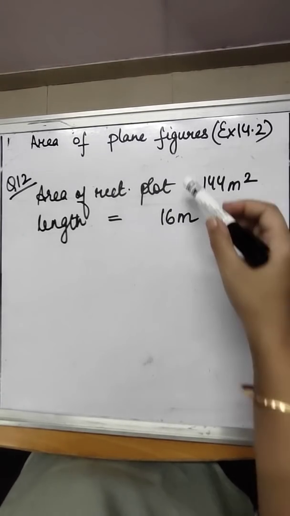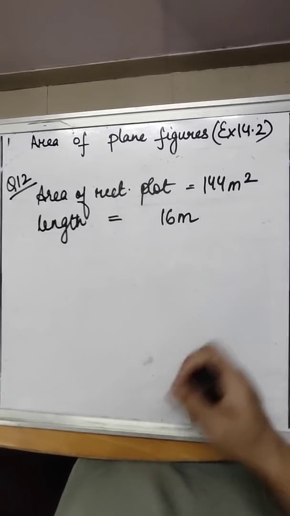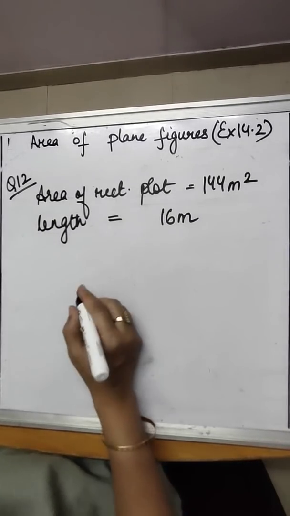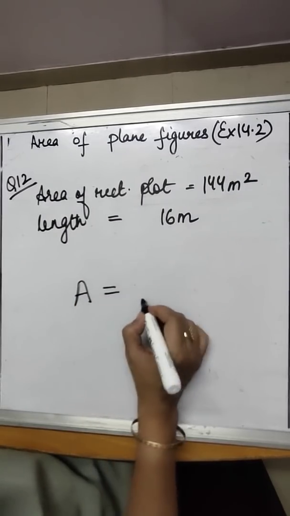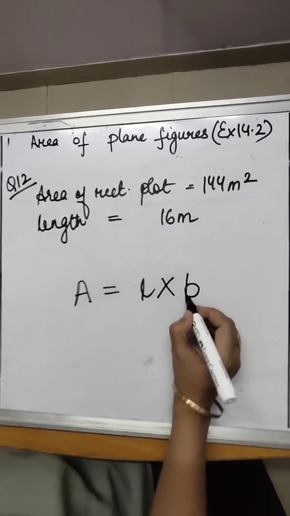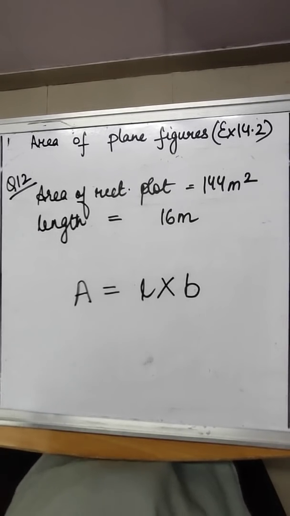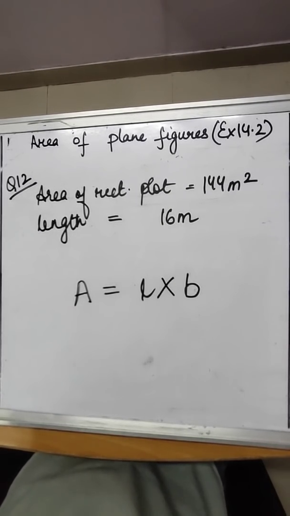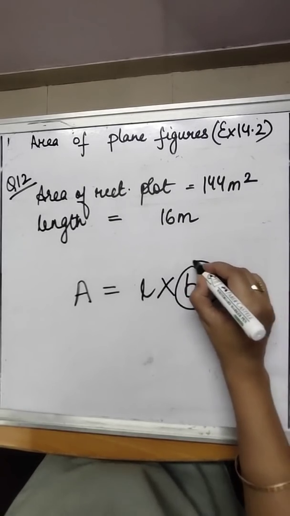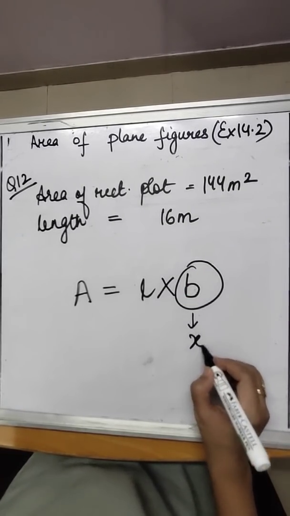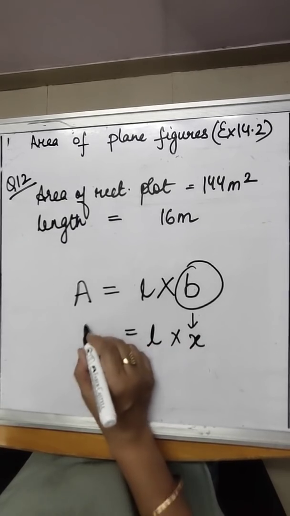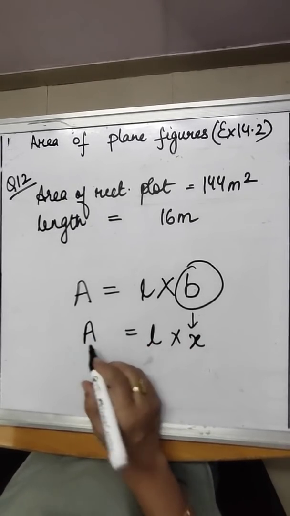So can we find out breadth with the help of these two values? So yes, we can. Now how we can find out? We know what is area. Area is L into B. Now you have done linear equation. So what we do in linear equation? Whatever is unknown, we keep that value on one side, and whatever is known, we bring it to the other side, isn't it? So if this B is unknown, if this B is X, and these two values are known, these are known, and this is unknown.